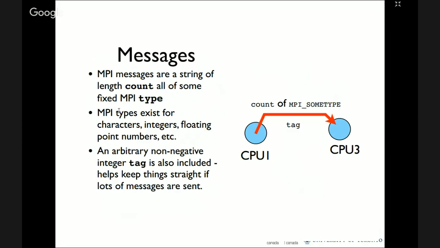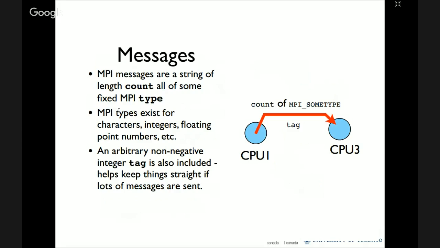Syntax you can look up. You type MPI send into Google, it'll bring you the MPICH page and show you exactly what to put where. But the key parts, or look at some of the examples. I have a bunch of example code I'll show you here too. Those are usually the easiest way to learn for this type of stuff. But I just want to make sure you understand the big concept stuff. So I won't get too bogged down into types and all this type of stuff, because there is some ugly